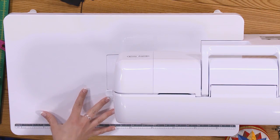You might have noticed that I've added an extension table to my sewing machine. With the width of this quilt, it tends to get pretty heavy, and you'll find this with any large quilt that you make. So if your machine comes with an extension table, or if you can get one for it, it's really, really handy because the length of this table kind of holds up the quilt and it helps with all of the weight. With those 1/4-inch seams, if you're getting toward the end of the quilt, if it's really heavy, it wants to kind of fall off the free arm of the machine,